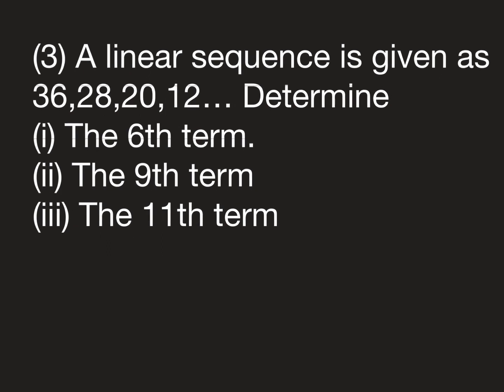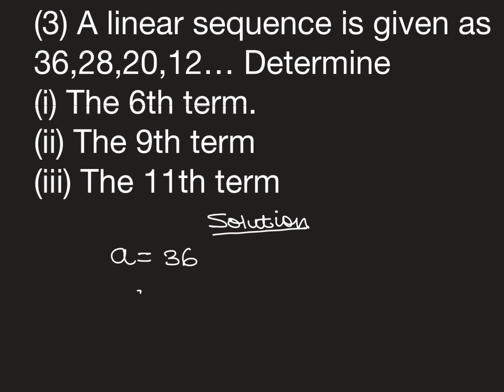Moving on to the next question, it reads, a linear sequence is given as 36, 28, 20, 12, and so on. Determine the 6th term, the 9th term, and the 11th term. Solution. The first term A is 36. To find the difference, we can say